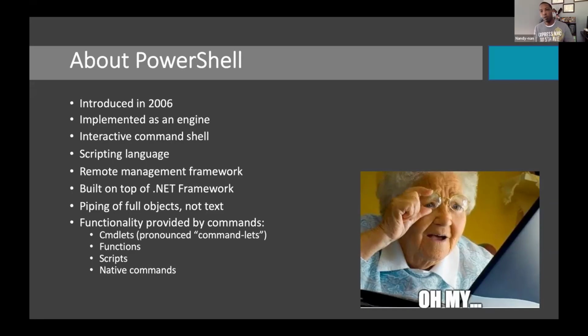Now, the functionalities are largely broken down into 4 aspects. We have cmdlets, which are pre-compiled .NET items that allow us to do certain functionality within the language. We have functions that we build ourselves and/or come with the language, reusable chunks of code. We can then turn those into individual scripts that we can leverage as need be. And then guess what? We can still utilize the native commands that are already inherent to the operating system. So we don't really lose out by utilizing PowerShell. We really just gain more.